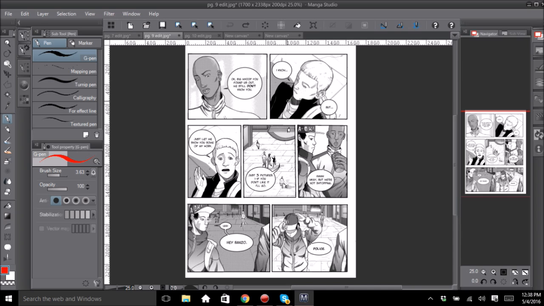Another thing too is you want to get creative with your word balloons. Let's say you have a page where somebody has to relay a lot of information. Maybe they're talking about something that has to be kind of specific for the reader to understand what's happening. One thing that people do is they'll do